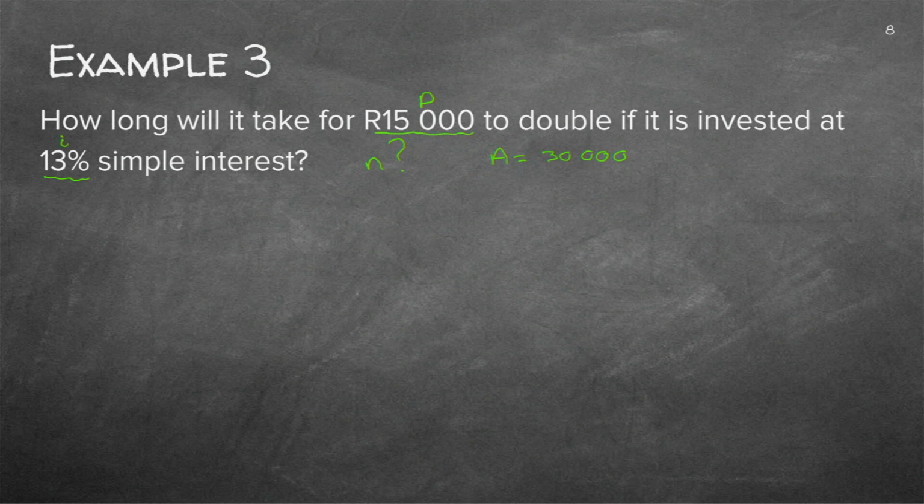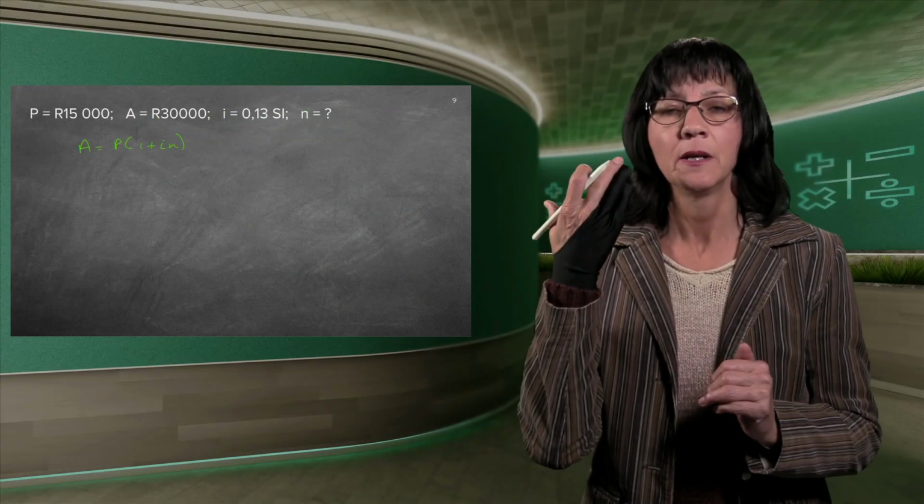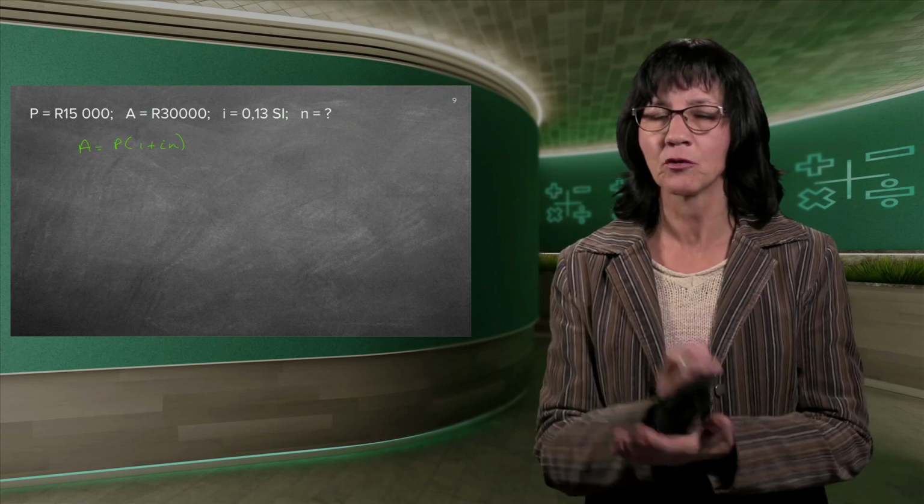So let's just check. There's 3 pieces of given information, the P and the A and the I. What is unknown? The N. What do we do? The same as always. We go to a page where we have got space and we write down the formula. By now, you should know this formula because it's now the third time I'm writing it down. It's on each page. We're going to do still lots of it. So this formula you must have in your mind. You must not think about it. You must be able to write it down immediately.